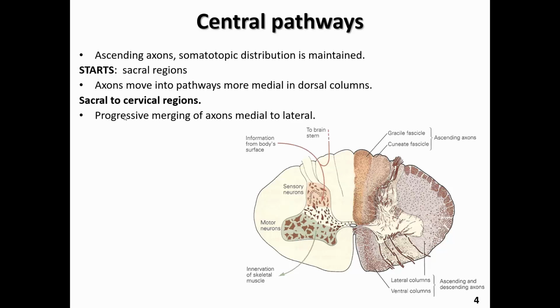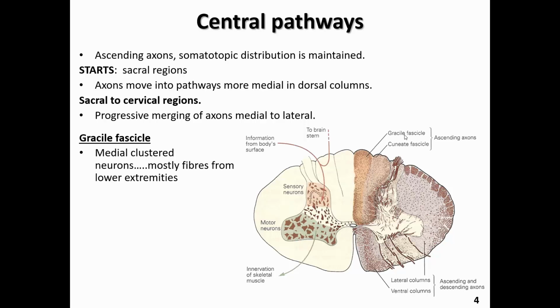And as we move from the sacral up towards the cervical region, there's a progressive merging of axons from medial to the lateral portion. The two regions of the dorsal columns, as you can see here, are the gracile fasciculus and the cuneate fasciculus, and these contain neurons, particularly the axon portions,